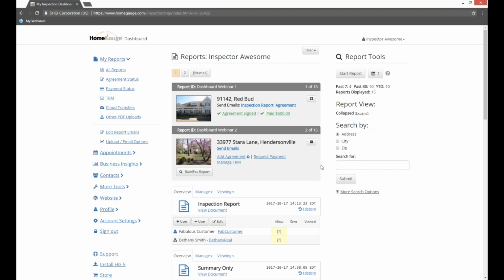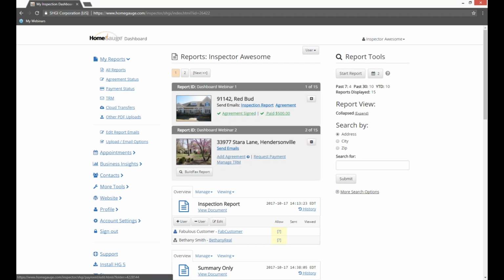So I'll show you that right here under your property address for your uploaded report. You have an add agreement link and also a request payment link. If you have already put an agreement in and requested payment, maybe they've already gone ahead and done those things for you, but now you're bringing it up and adding a new agreement. Maybe they added rate on when you got there, something like that. You can click these links just the same. Okay, so there's a little bit of a different look depending on what stage of the game you're in,